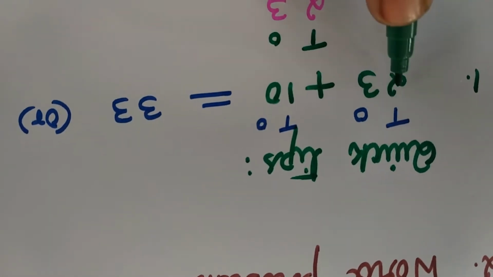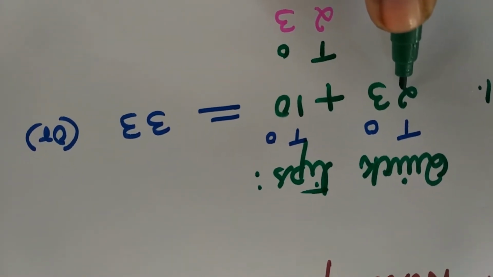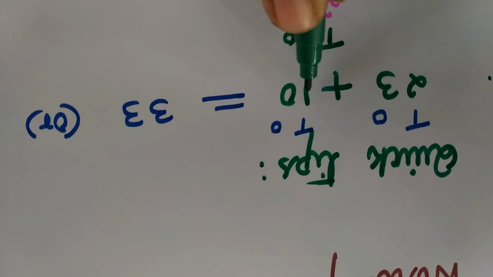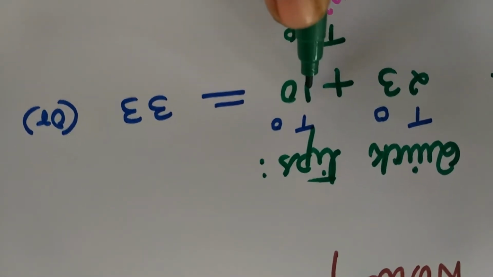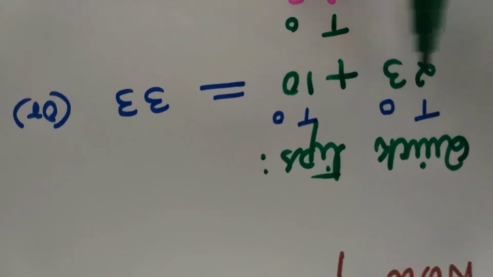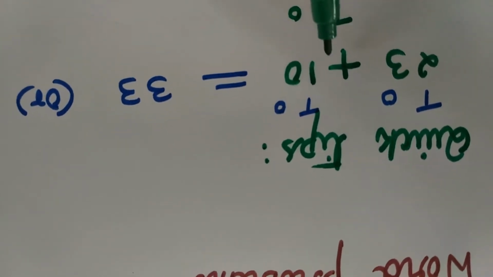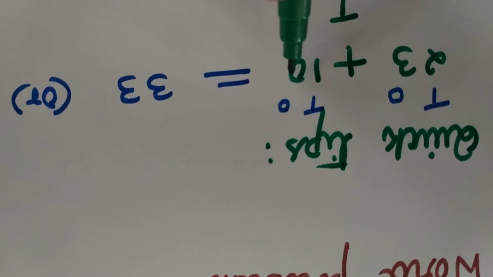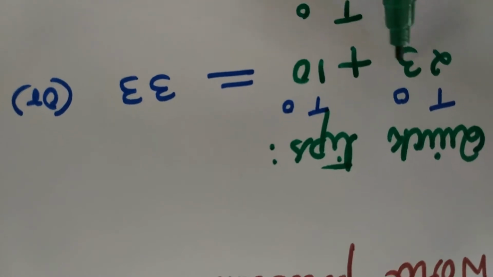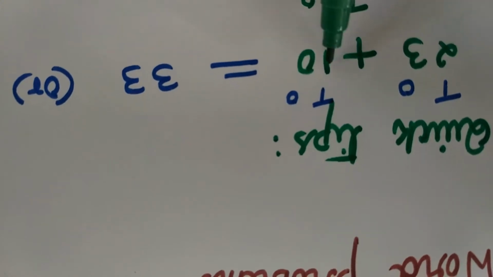Okay. Now see here. In this number 23, how many tens we have? 2 tens we have. Yes. See in this number 10, how many tens we have? Only 1 tens we have. Okay. So these tens place you want to add. First we added the ones place. Whenever we are doing the addition sums, first we want to start with the ones place. We want to add the numbers in ones place and then we want to move to the tens place. We have completed the ones place. Now we are doing the tens place.